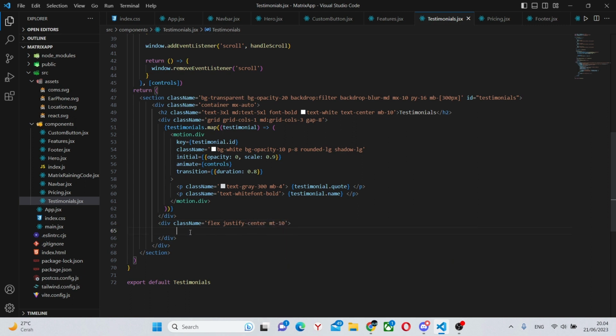In here, we will have a custom button, which will have a text of next section, and with a link of pricing. This should be it if there are no errors, which there might be.